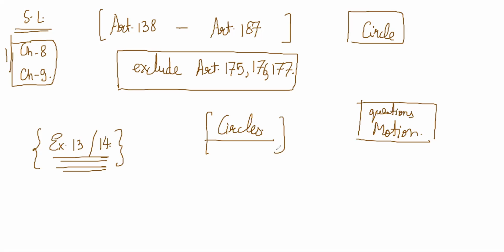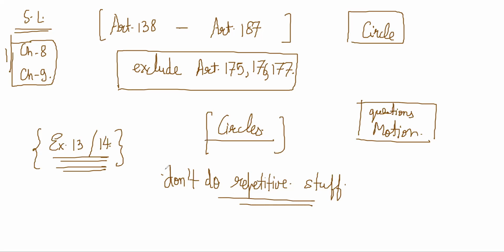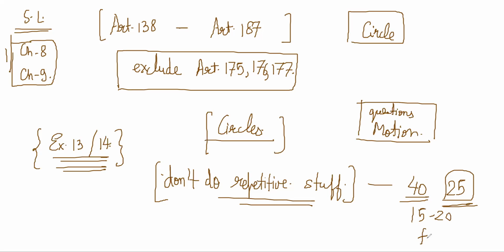Even if it is a little slow, do the exercises. Don't do repetitive stuff. When you're doing SL Loni, if there is a previous question which is exactly the same, then don't do the same thing again, because your time is limited. Sometimes in these old books, there are many practice exercises which are exactly the same. If there are 40 questions, there might be like 25 which are interesting or different. There might be 15, 20 filler questions. Don't do the filler questions, which are just another version of the same thing.